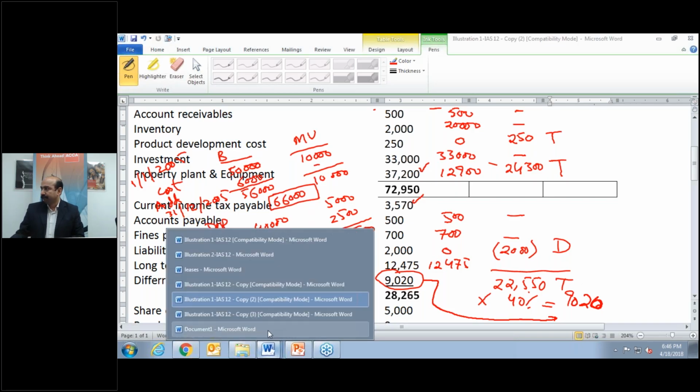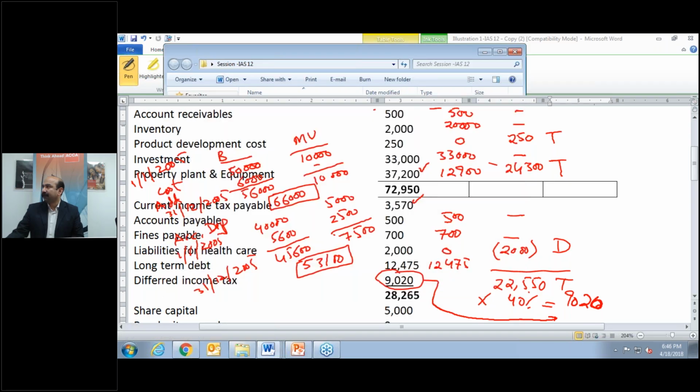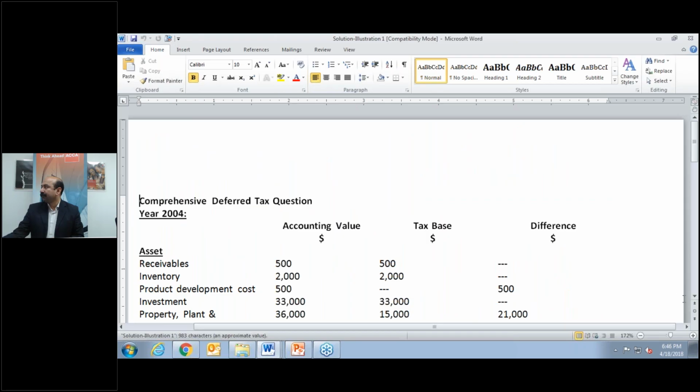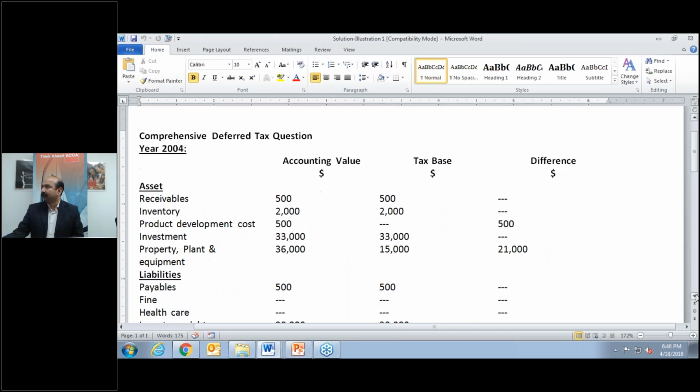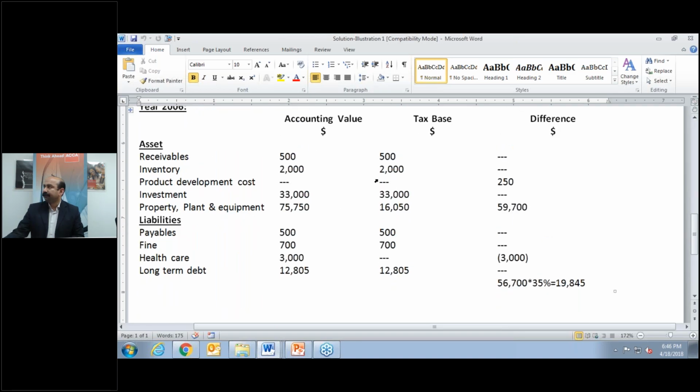So if we look at the solutions of some of the examples which we have seen now, similarly for 2006, you can see that this was for 2005. So you can see that here is the effect of the revaluation in 2006. But in this figure, there is no effect of revaluation,